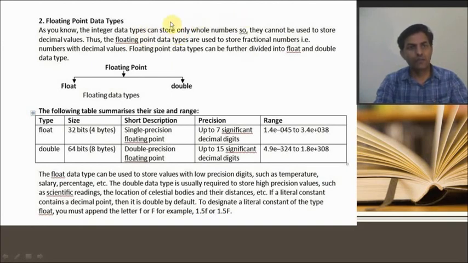Second is your floating point data type. As you know, the integer data type can store only whole numbers. So, they cannot be used to store